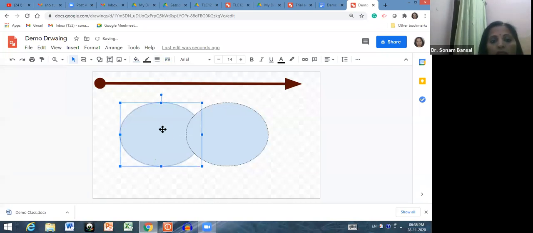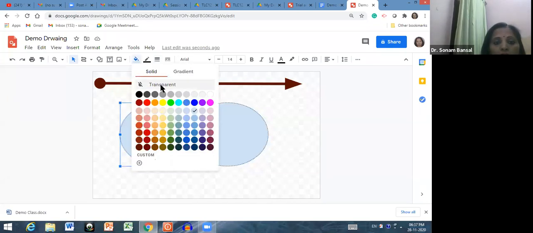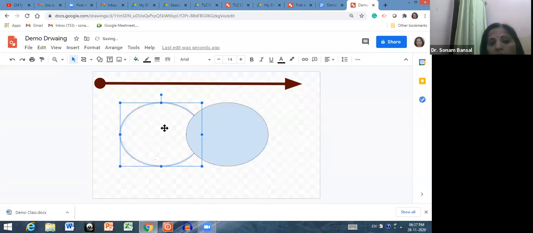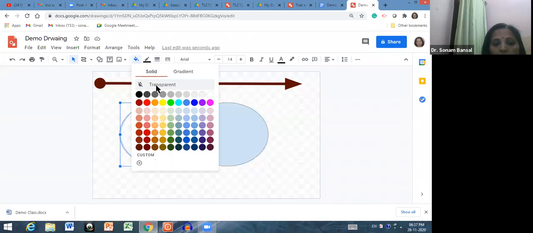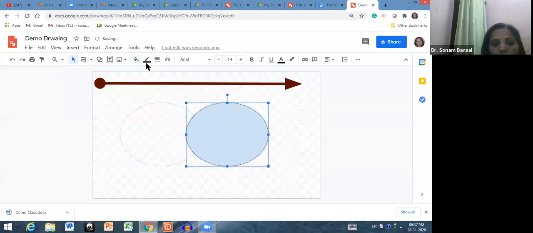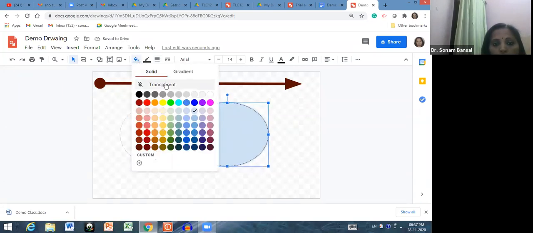So this dotted line will come over here. You want this transparent, then click here and go to transparent.